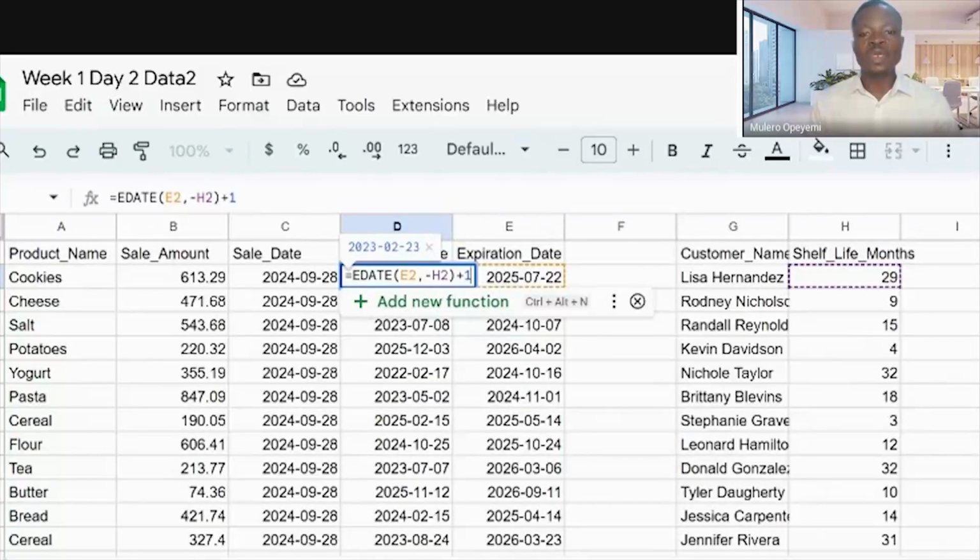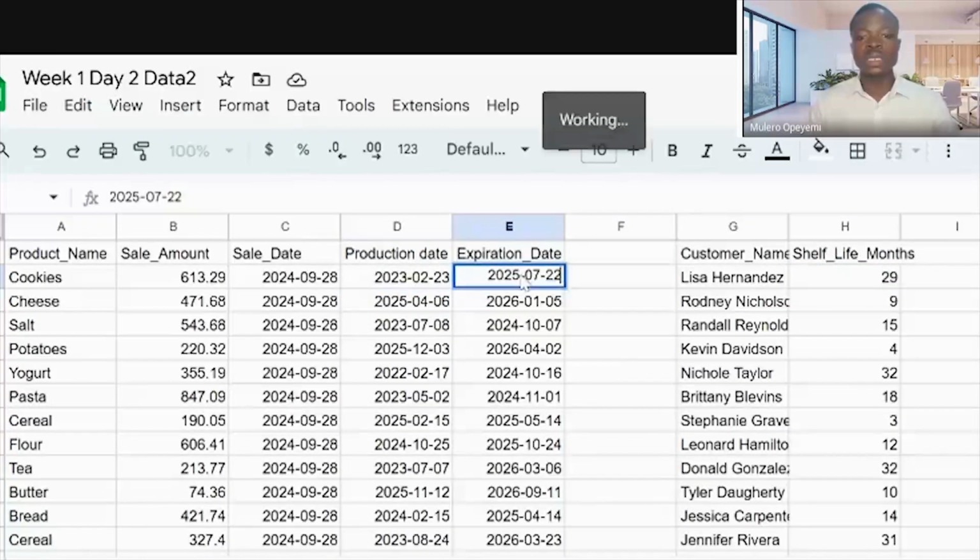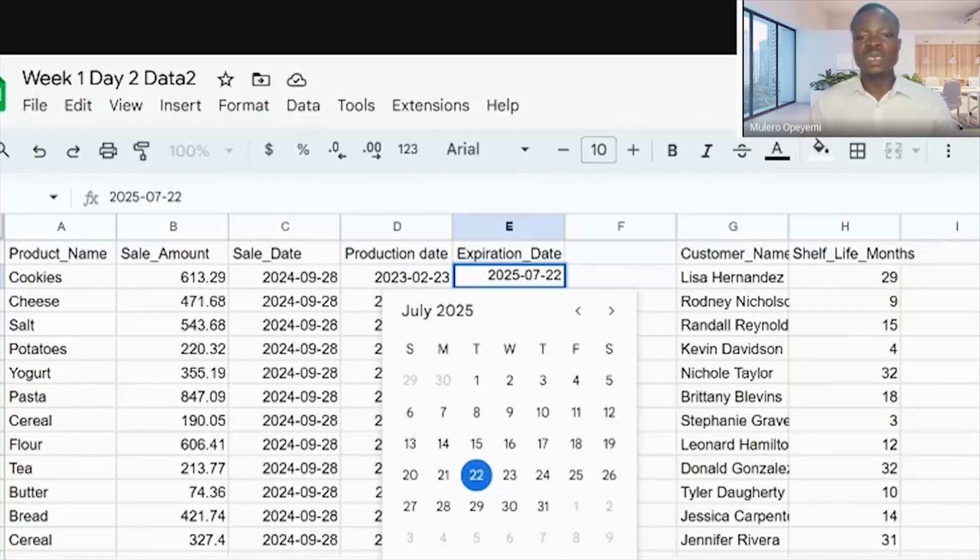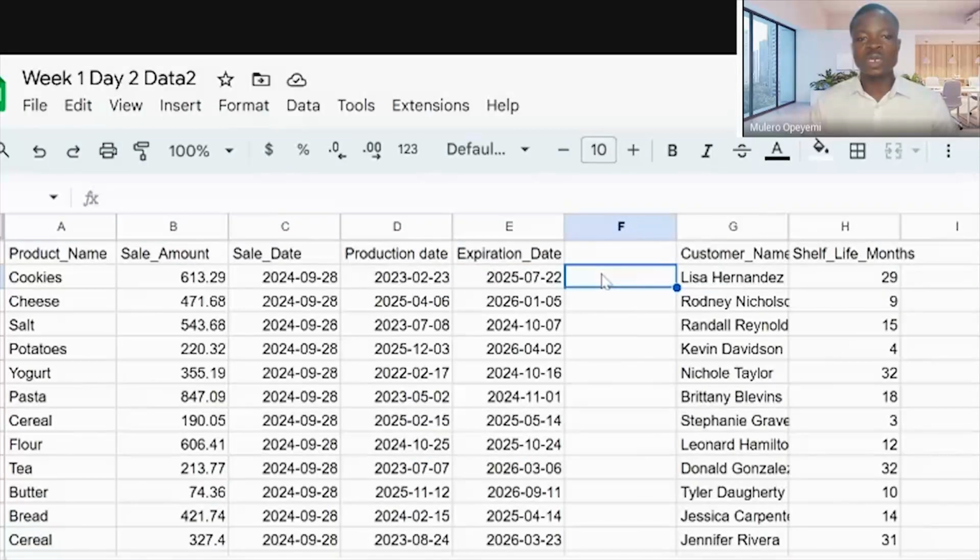Then why did they add +1? We know that production date is always a day ahead of the expiration date, meaning that if the expiration date is on the 3rd, it must have been produced on the 4th. That's the meaning. So the same thing goes to expiration date. Expiration date is always a day earlier. And so instead of addition for production date, we will be doing subtraction for expiration date. So let me just show you how we did the expiration date from production date.